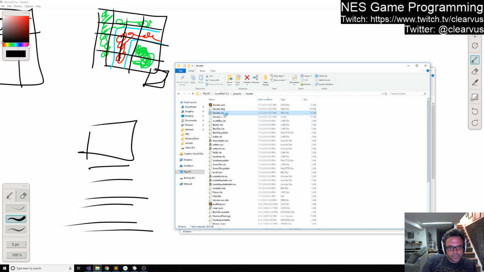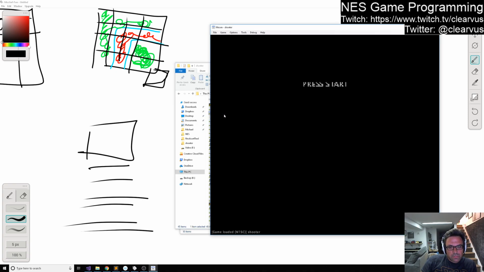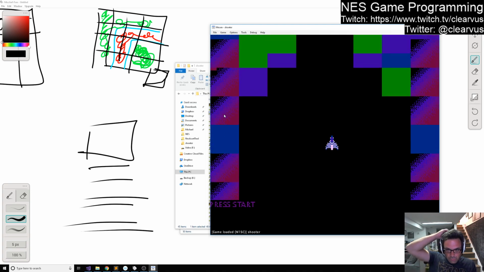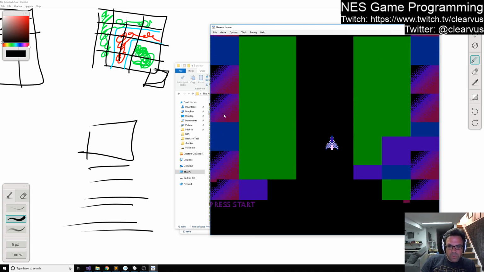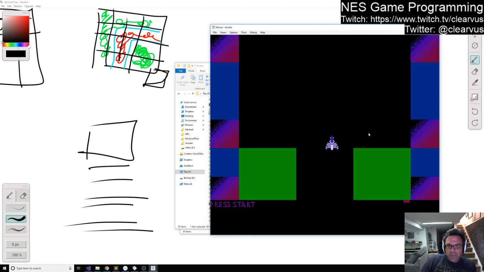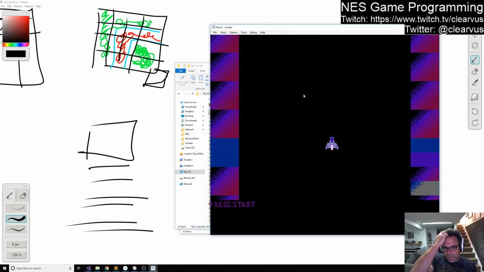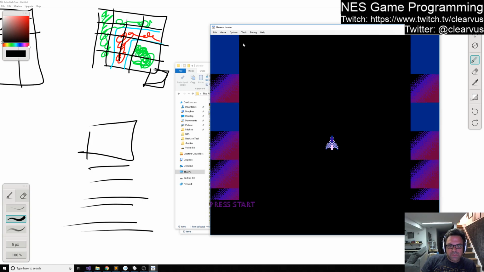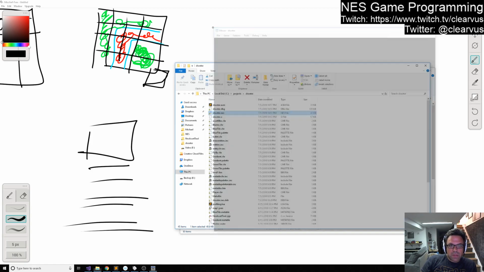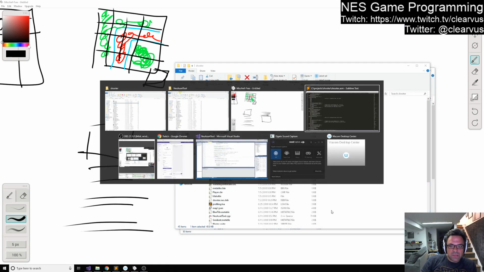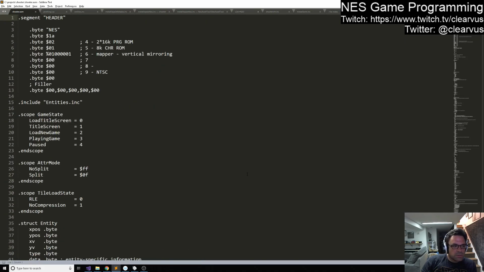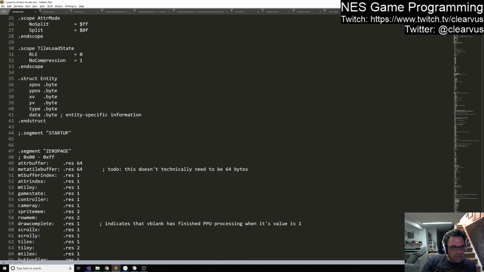So in addition to some of the weird attribute bugs that had been introduced by this, you can see the flickering that's occurring as we hit boundaries of meta tiles, and that is because the duration of the NMI seems to be too long, and we can sort of visually see that by